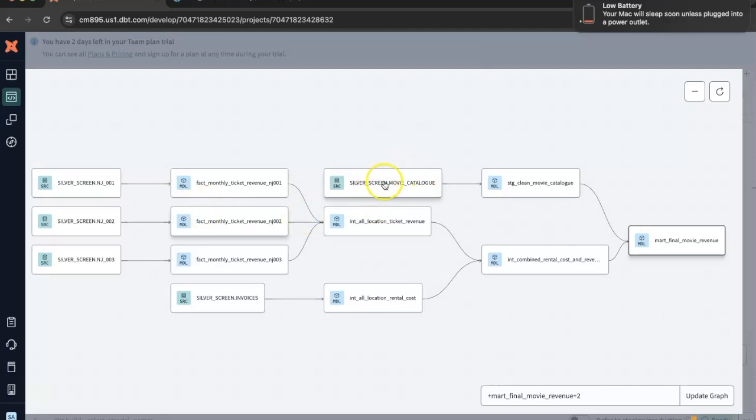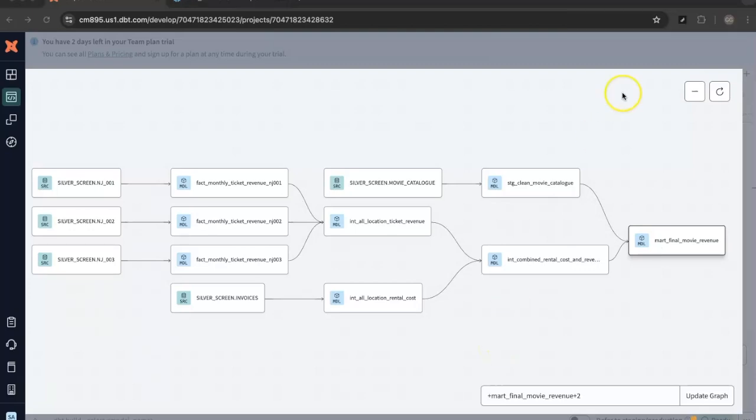Here is the source to the staging, and also the source to the facts monthly revenue, and also source to the int all location, and these two combine in the combined rental cost and revenue,